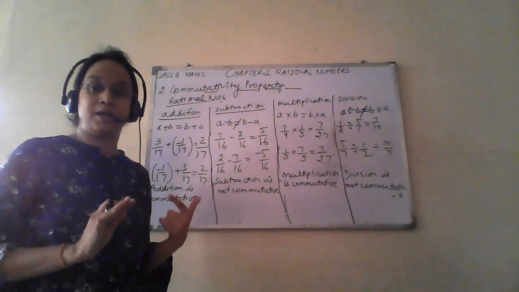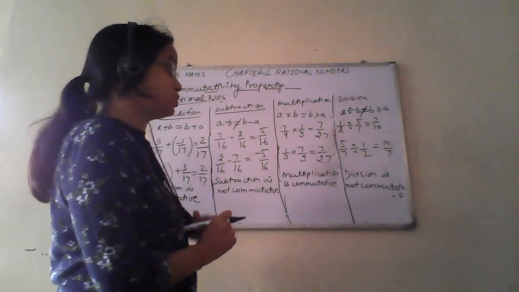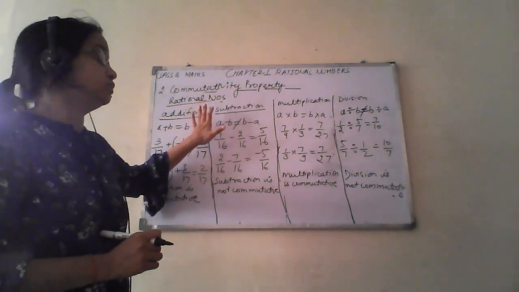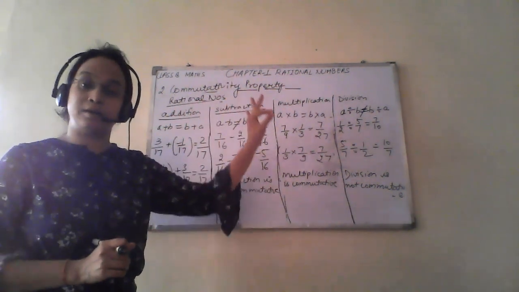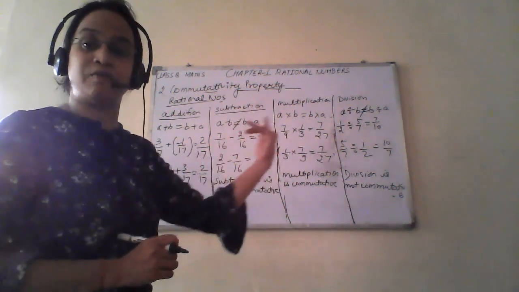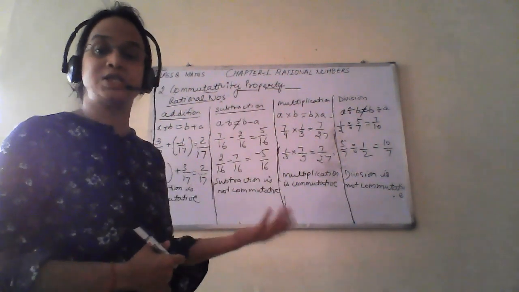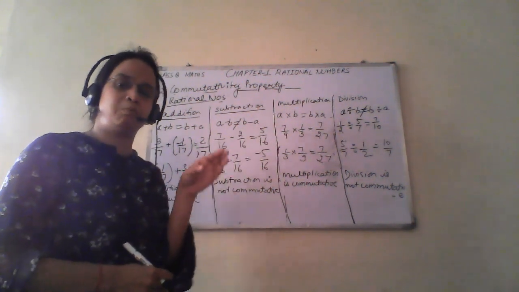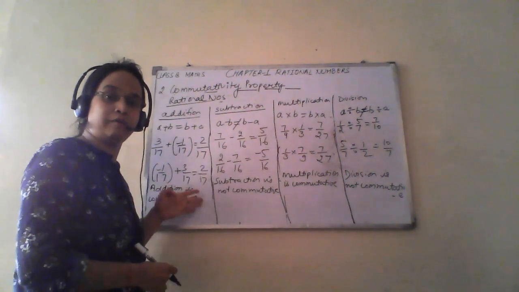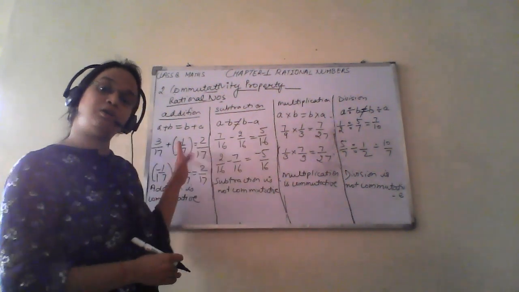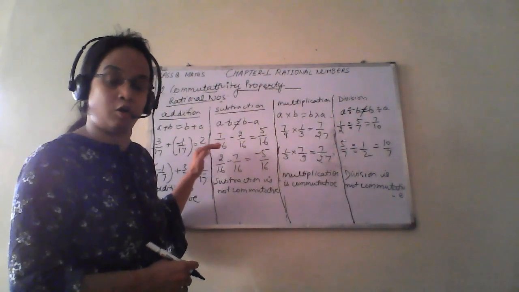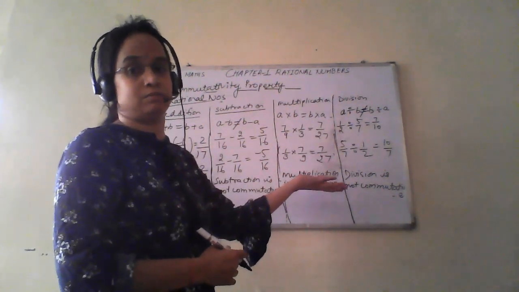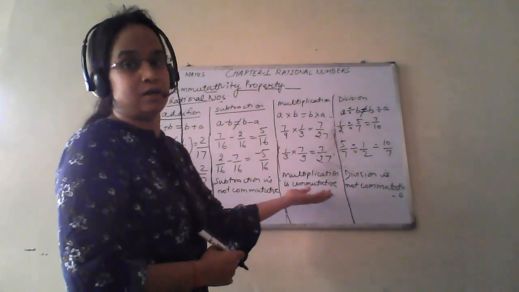One more thing, in case of commutation, you have to stick this thing in mind that in commutation what matters is the sequence of addition or sequence of subtraction or sequence of multiplication or sequence of division. So there is a very small basic difference between the property of commutativity and associativity. In commutation it is the sequence of the operation that matters. In associativity it is the grouping of elements that matters.